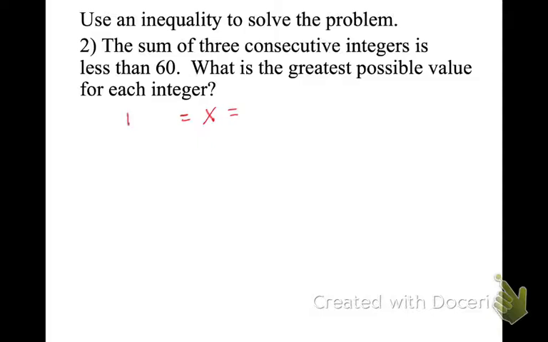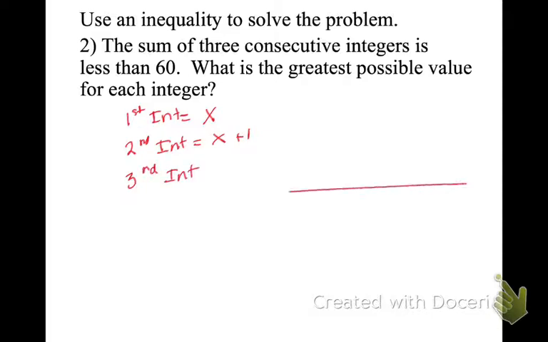Call the first integer x. What are we going to call the second integer? They say 3 consecutive. That means I have to add 1 more to it on the number line. And then the third integer. Now, how am I getting this? Remember,